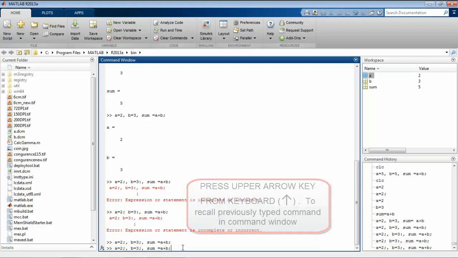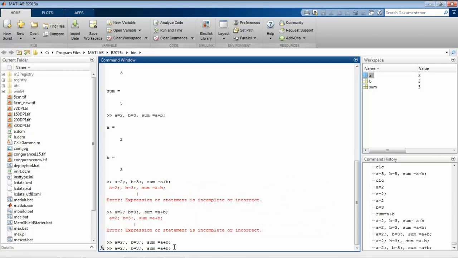These are always executed from left to right, which means that when I type a long command, it is executed from left to right. So a = 2 is executed first, then b = 3, and after that sum = a + b.